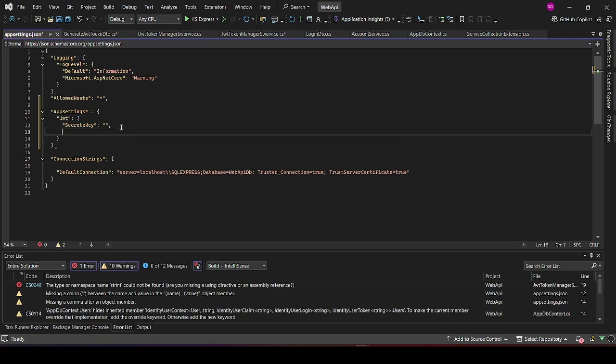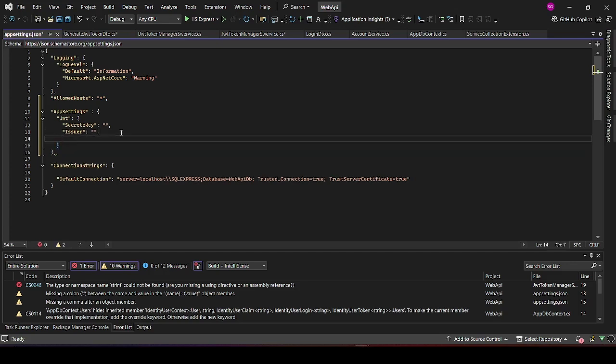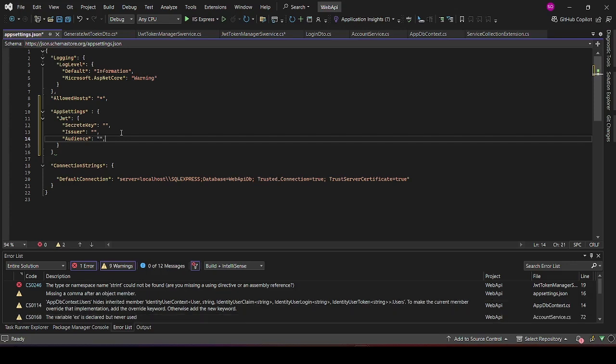Then we are going to have our issuer, right? And we are going to have our audience. All right. And we're going to have